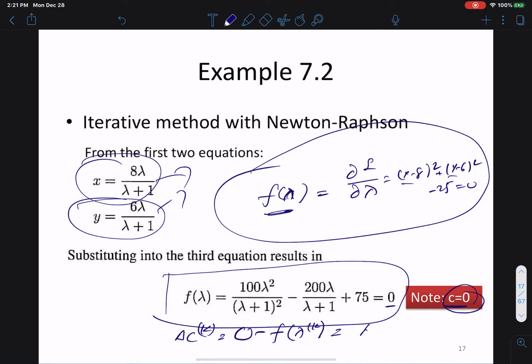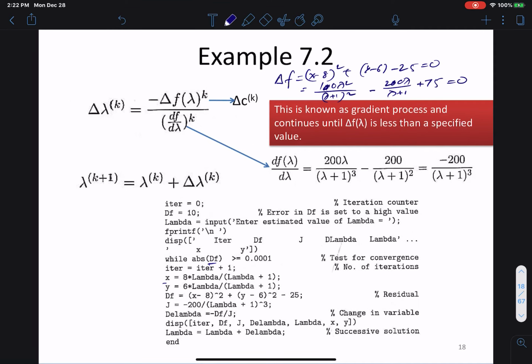We're calling it negative delta F lambda K. All right, there's only a change over here because C equal to 0, right? So that's right here. So negative delta F lambda K. And this, we also call it in your code, J. So that is the value in your equation to find